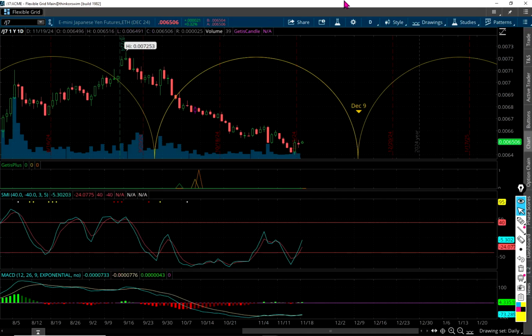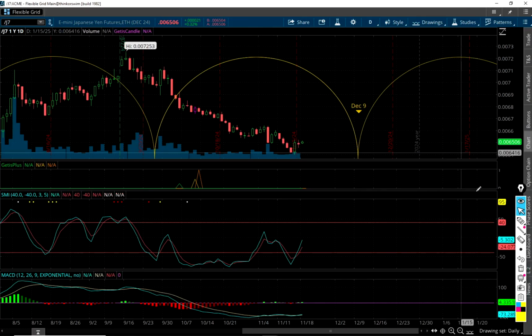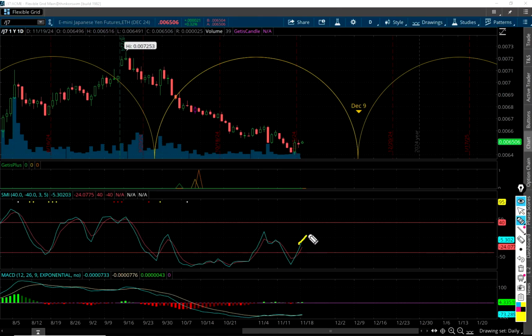Couple small up days. Nothing to write home about yet. It's going to have to get way up here, break through this top line, and go positive momentum, which it could do. December 9th, though, is less than a month away. Keep your eye on that. A lot of work to get this to positive momentum. So still